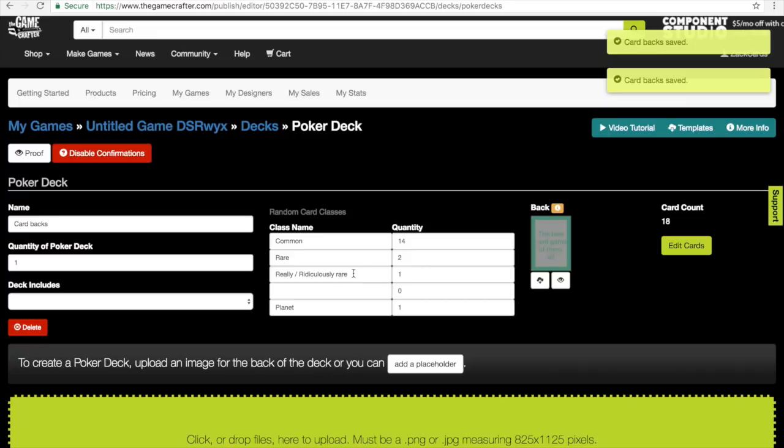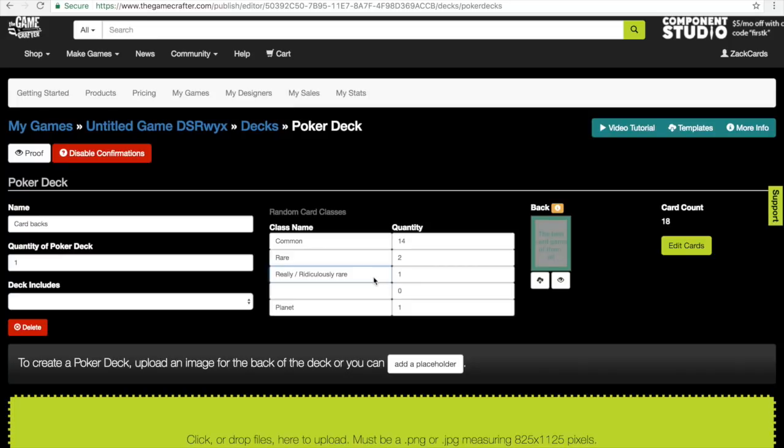if you make a trading card game, you're going to want some cards to be quite hard to get hold of. So for example, I'd want to have 1 really rare or ridiculously rare card in every 3 packs, but the Game Crafter doesn't really let you do fraction cards. So what I do is, I set the quantity to 1 really rare or ridiculously rare card per pack, and